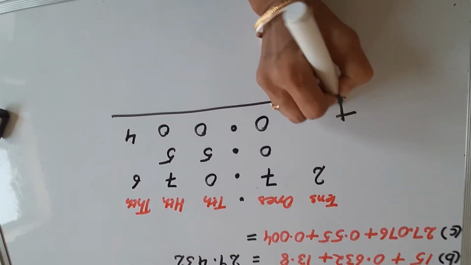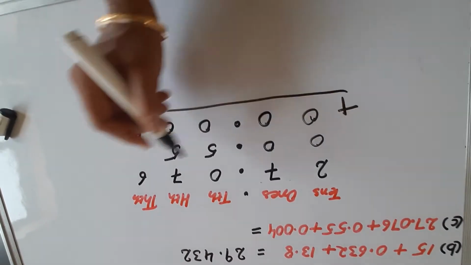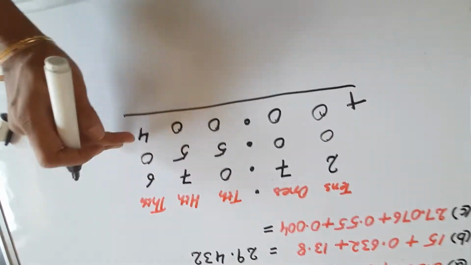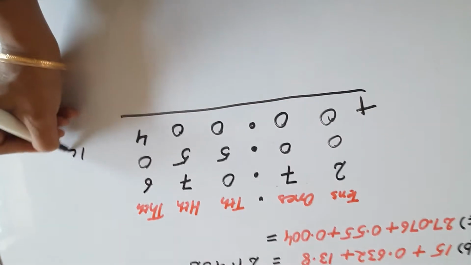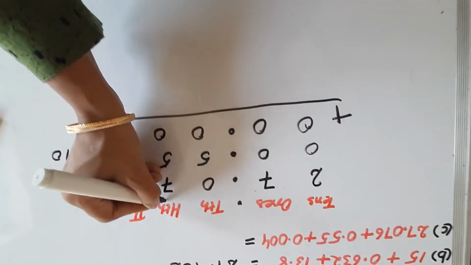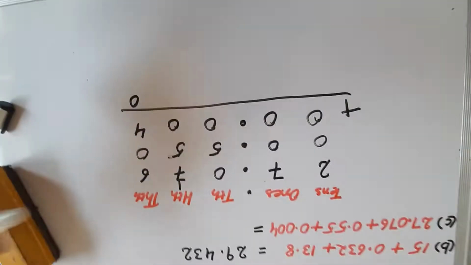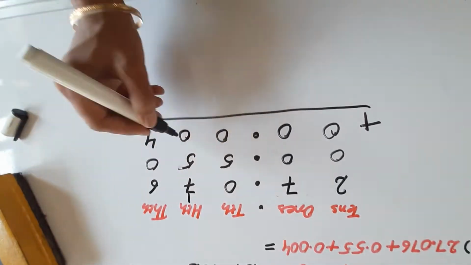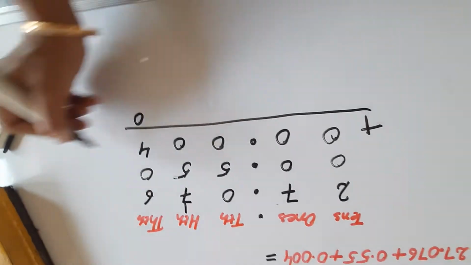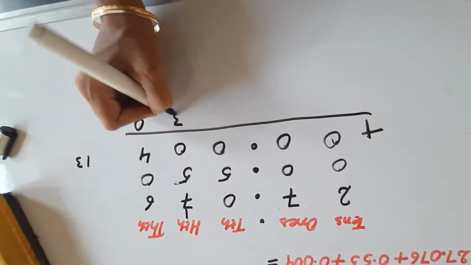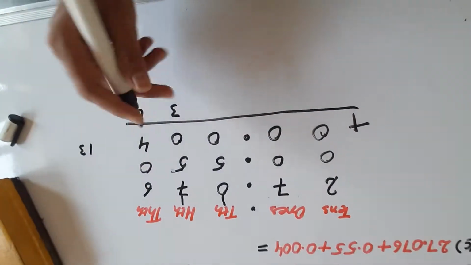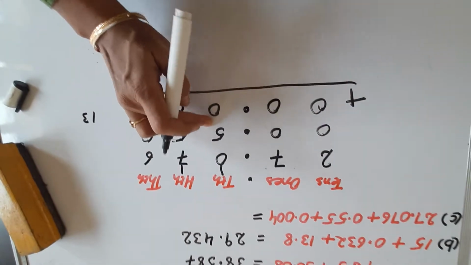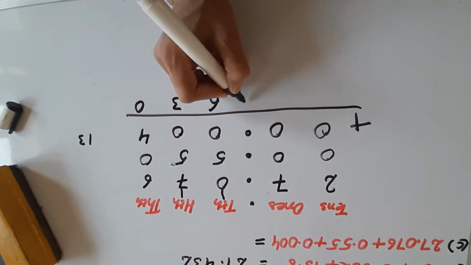So now let us add it. Let us fill the blank spaces with zeros. So 6 + 0 is 6, 6 + 4 is 10. For 10, 0 here, carry 1, right? Then 7 + 1 is 8, 8 + 5 is 13, 13 + 0 is 13. So 13, the 3 here, and 1 will be carried forward. 1 + 0 is 1, 1 + 5 is 6, 6 + 0 is 6.